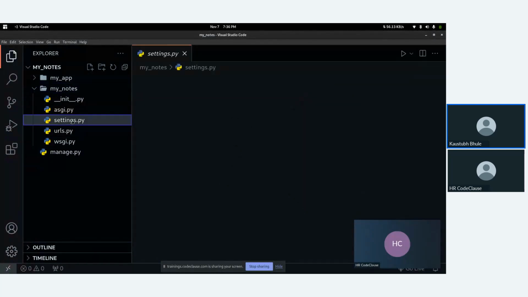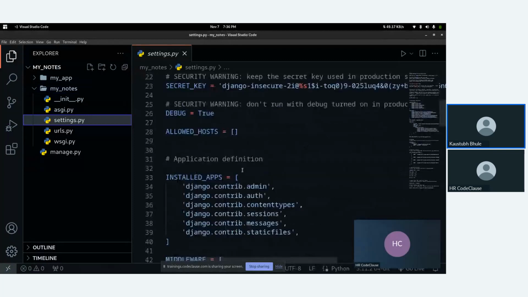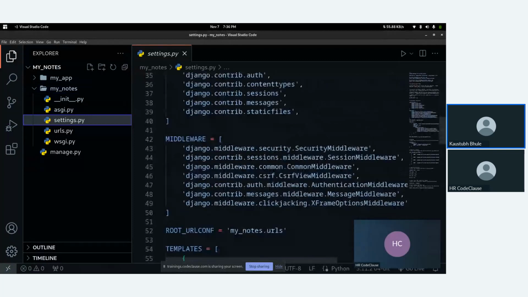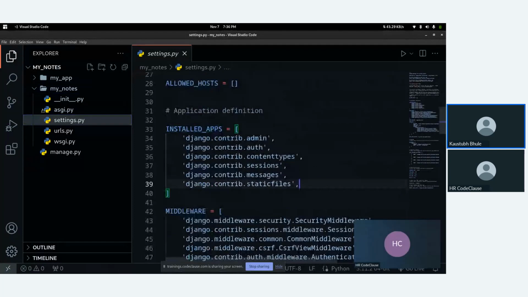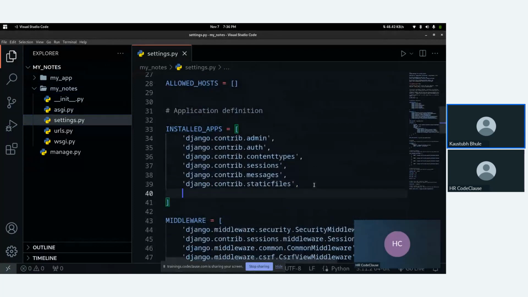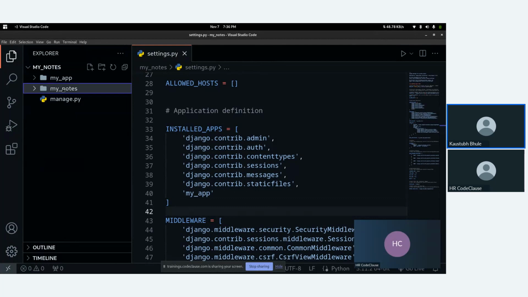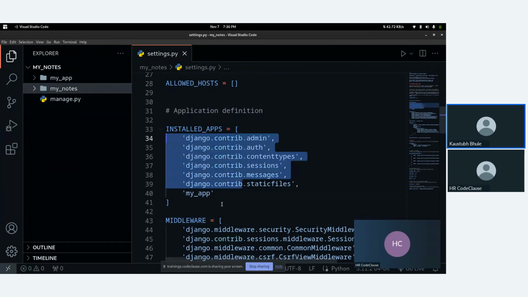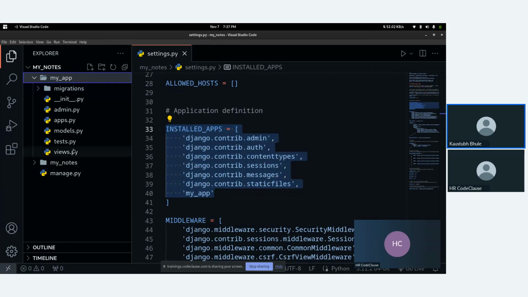Now when we create an app in Django, we need to add the app in this INSTALLED_APPS list. My app name is my_app, so after this comma I will enter here and add my_app. After adding my_app here, I need to create a URL section also.